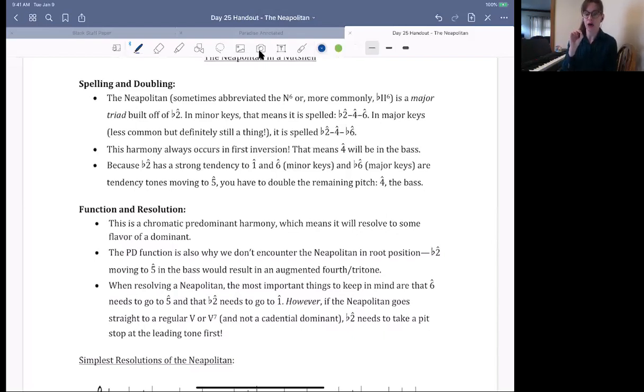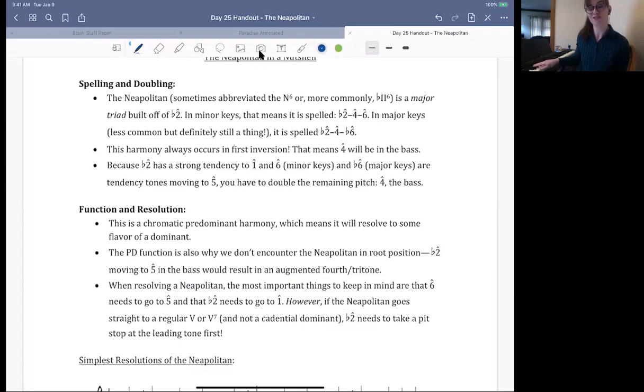And it is always, minus a tiny number of exceptions, going to be in first inversion. Now, why first inversion? That might seem arbitrary, but think about if you put this in root position. So if you put your Neapolitan in root position, you're obviously going to have lowered scale degree 2 in the bass. A Neapolitan is a predominant. So where does it want to go? It wants to go to the dominant. So I'm going to keep us in G minor, and I'm just going to give you a baseline of tonic, root position, Neapolitan, dominant,